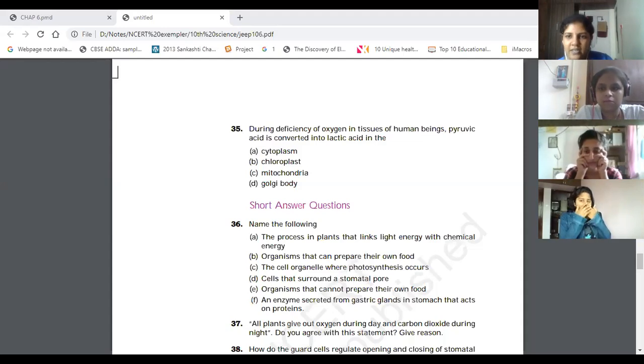Clear? But at night time, photosynthesis is not happening. So they will take in oxygen from the outside and give out carbon dioxide completely. They won't store it. So at night time, they give out more carbon dioxide as compared to daytime. Is that clear? During daytime, a negligible amount of oxygen as well as carbon dioxide is given out because both are used for two processes: one is photosynthesis and the second is the respiration process. Is that clear?